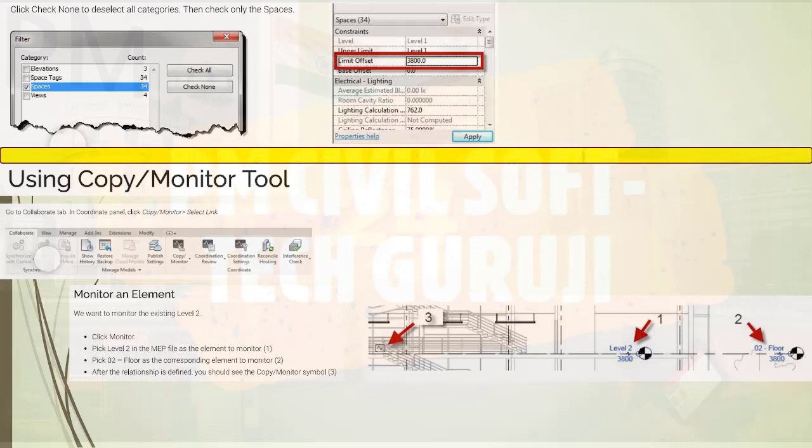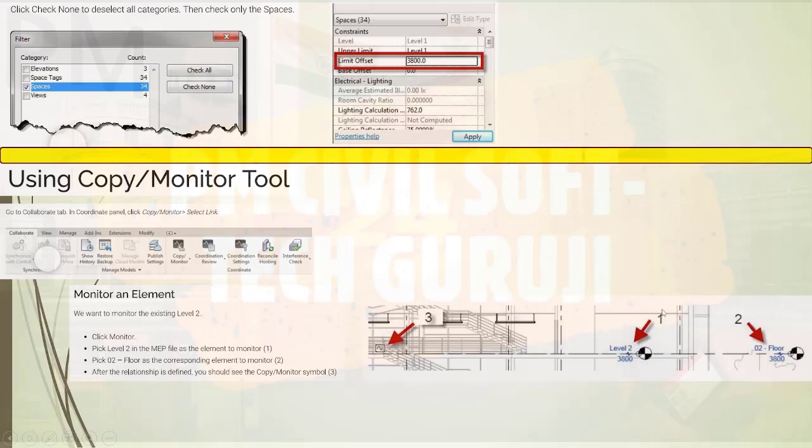We want to monitor the existing Level 2. For this, click Monitor. Pick Level 2 in the MEP file as the element to monitor. That is 1.